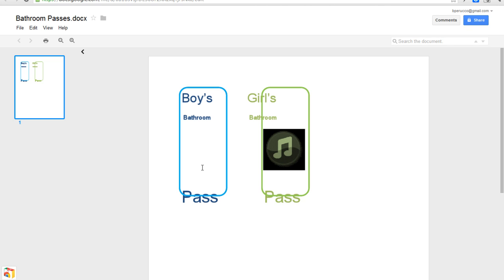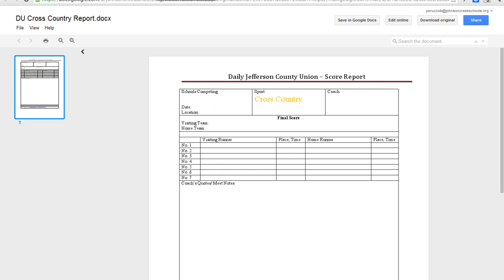I was actually just working yesterday with a cross-country document, and this was in Excel, all of the rows shifted, all of the row heights were different, so there isn't necessarily a good transfer back and forth between the two. One more example of this is, here's a document that's been shared by Google Docs, but because it has